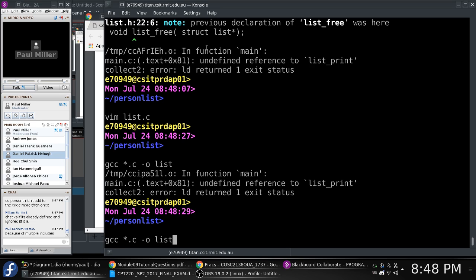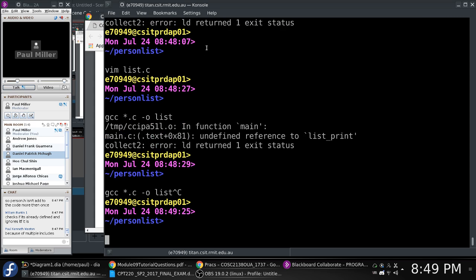What are the phases which go on when I do that? When I compile all the dots, when I say gcc star.c minus o list, what's that? What's the compiler go off and do? That matters for our discussion of makefiles. For example,